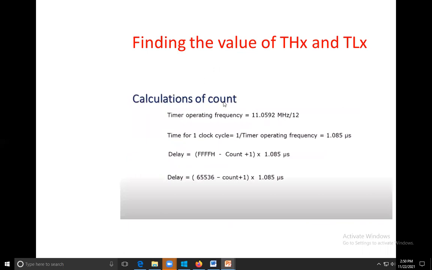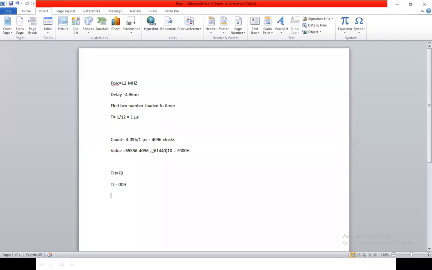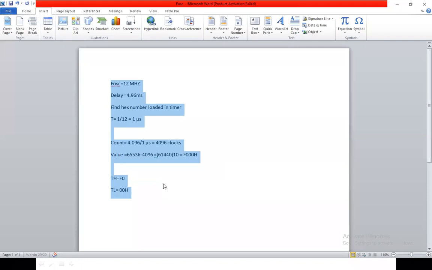Now let's see how to calculate the clock frequency. This is the clock frequency, and here is an example, and then we'll go to the auto reload timer. I'm giving an example.